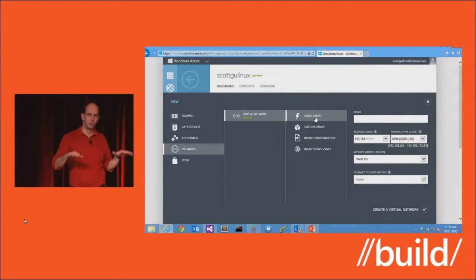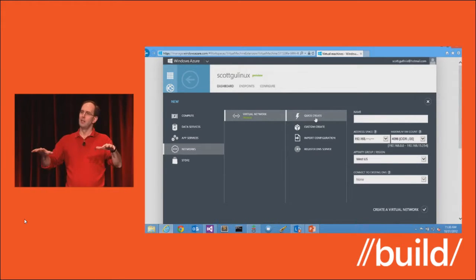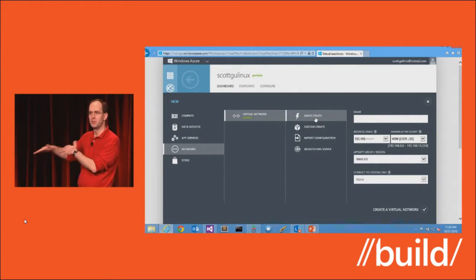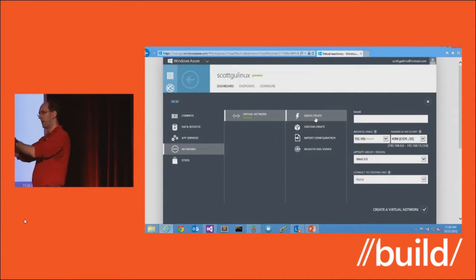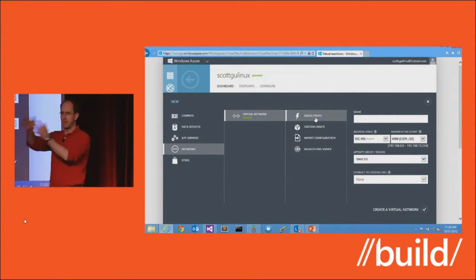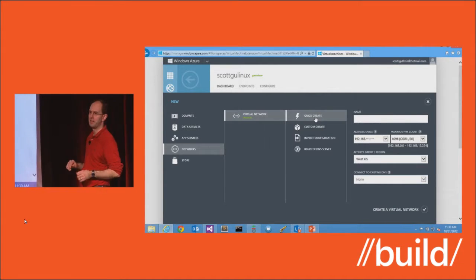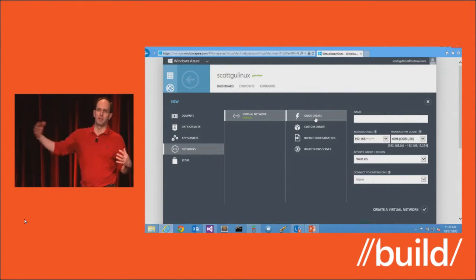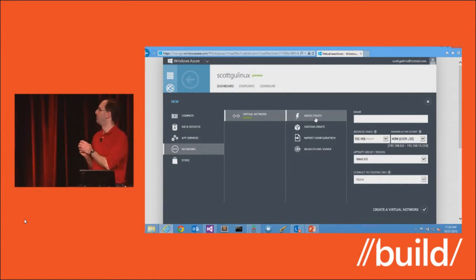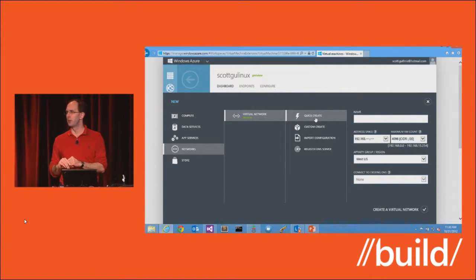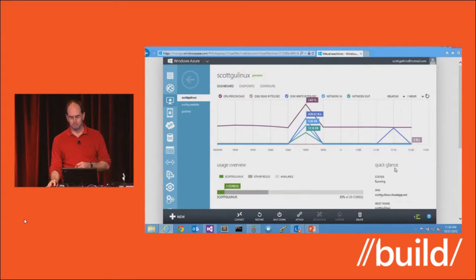And so you can group multiple machines together, and they can do direct IP traversal back and forth, again, in a very secure way, so that you don't have to open up, for example, your SQL database to the internet. You can use a virtual private network, only have your web tier open, and then use the virtual private network to connect to it. So it's a little bit more advanced feature. There are more talks later this week that'll go into detail on it, but it's a pretty powerful feature you can take advantage of.